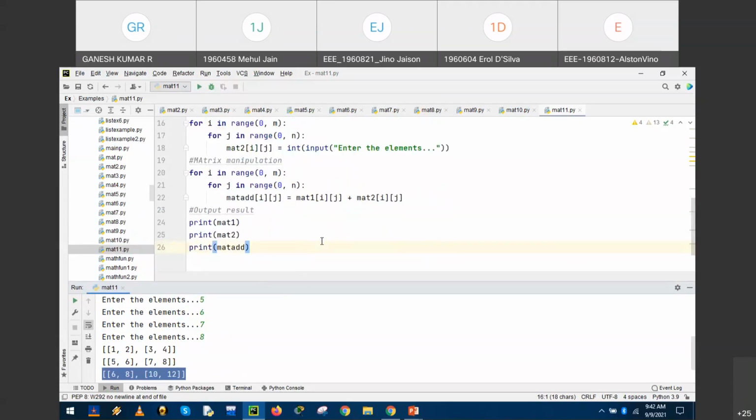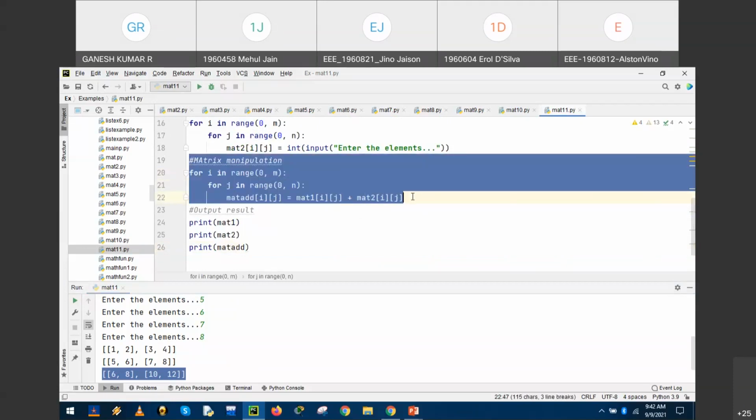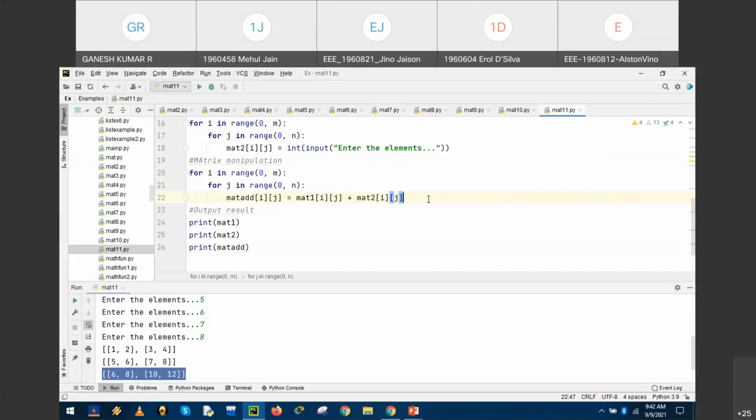Okay. To perform matrix subtraction, we need to have one more for loop. For I in range of, one more for loop to perform the matrix subtraction. Okay. So after the matrix addition, matrix subtraction is nothing but just changing the operator and the variable matrix sub.